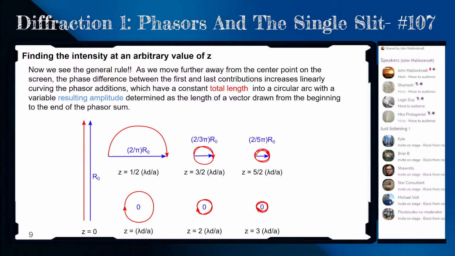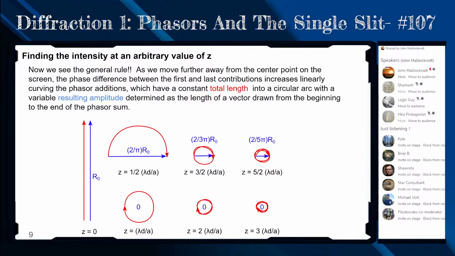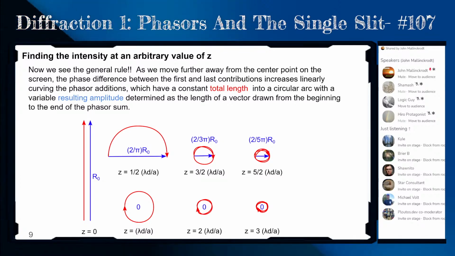So the circle is tightening up, and the final vector is getting closer to the original vector. So it's just getting smaller and smaller and smaller until it finally is 0 when z is equal to lambda d over a. And then it starts to come back again, so that I get something in that next picture,